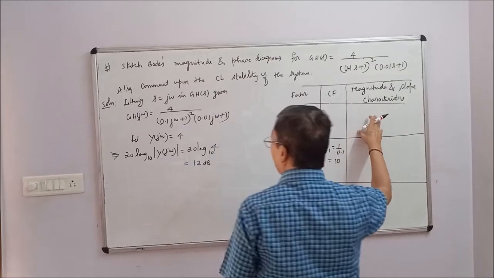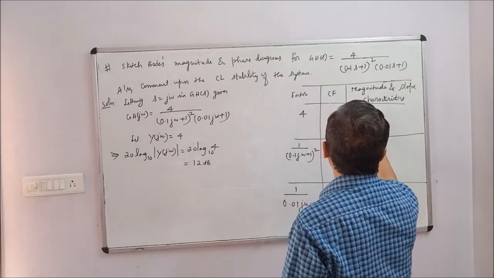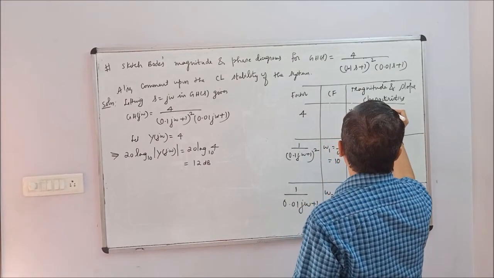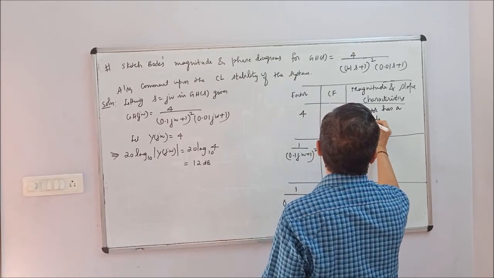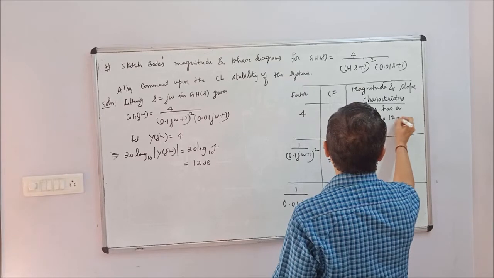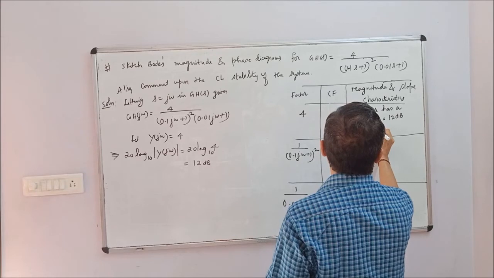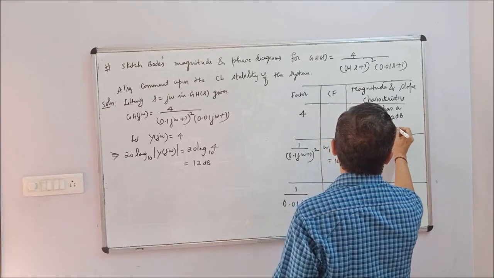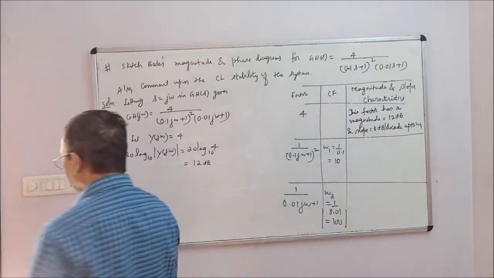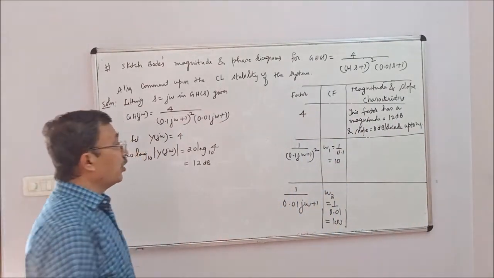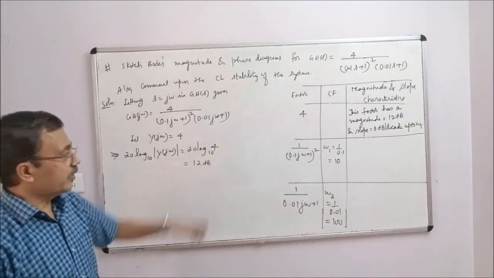Okay, here I am going to write the comments by looking at this expression. This factor has a magnitude equal to 12 dB and slope equal to 0 decibels per decade up to omega 1. I again repeat, the slope is 0 decibels per decade because there is no log omega term over here.